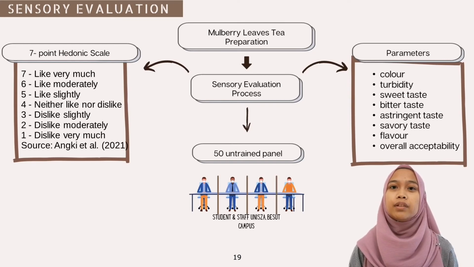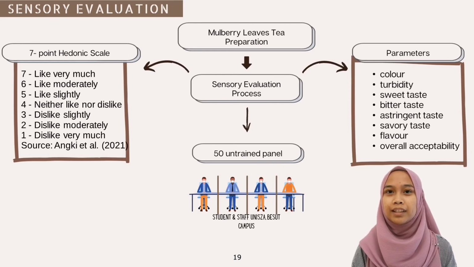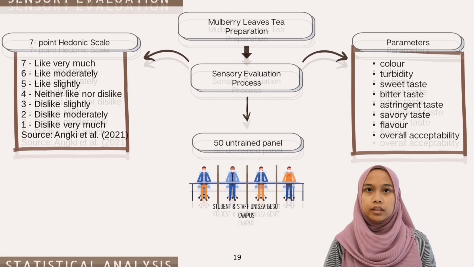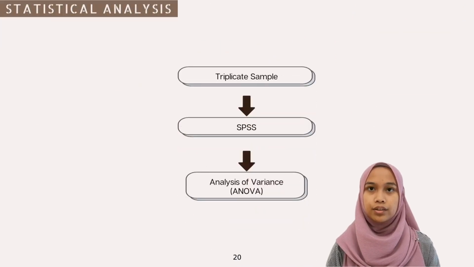Panelists need to evaluate the coded samples for each attribute, including bitterness, astringency, savoriness, turbidity, flavor acceptability, color acceptability, and overall acceptability. All the tests will be conducted in triplicate, and by using SPSS, the data will be analyzed